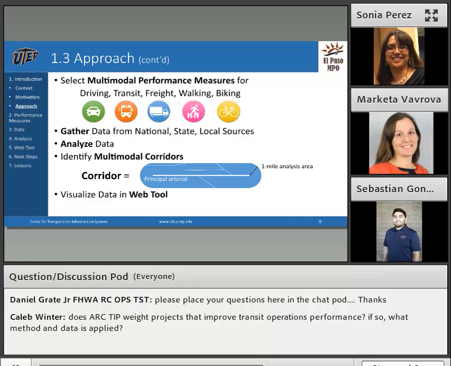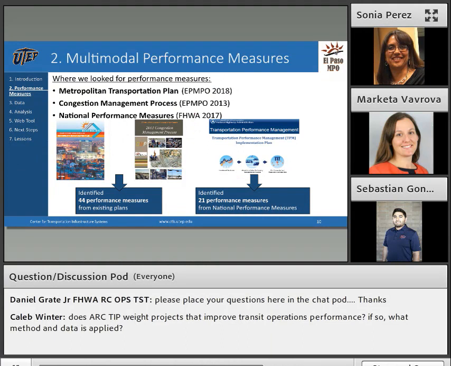When we were identifying the performance measures, we knew that we wanted to focus on performance across modes. So in this case, we looked into driving, transit, freight, walking, and biking. When we were looking for the performance measures, we looked into 3 major documents: the Metropolitan Transportation Plan, the Congestion Management Process, and the National Performance Measures.